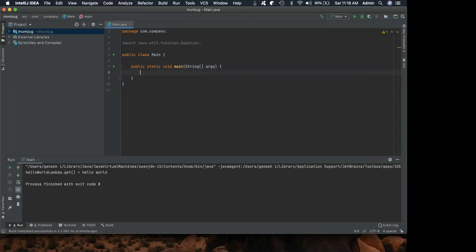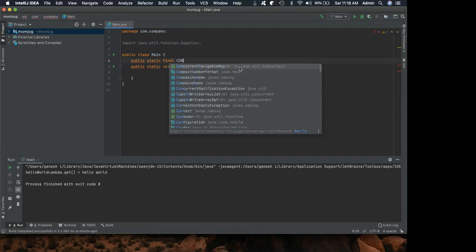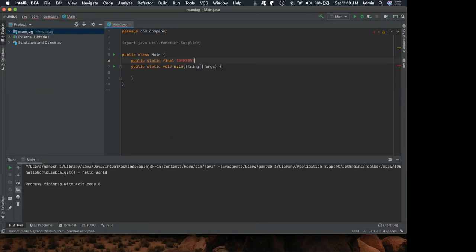One of the things that you can do is introduce the fields by typing the templates, right? So for example, if I want a field, I can say public static final, and I can give the variable name, some const equal to whatever, hello, right?